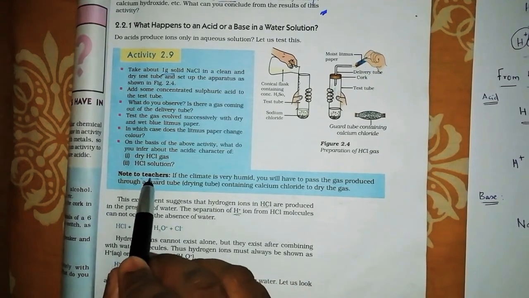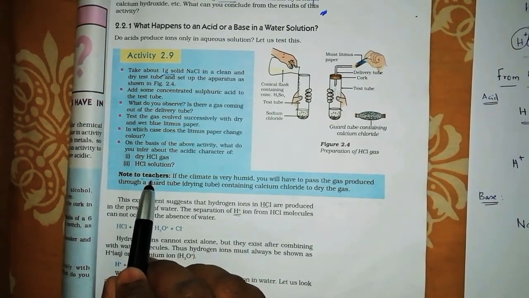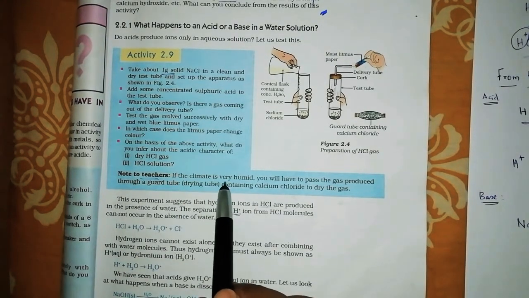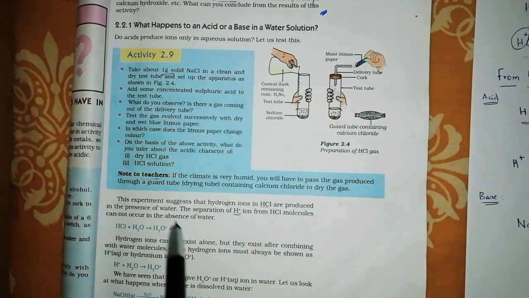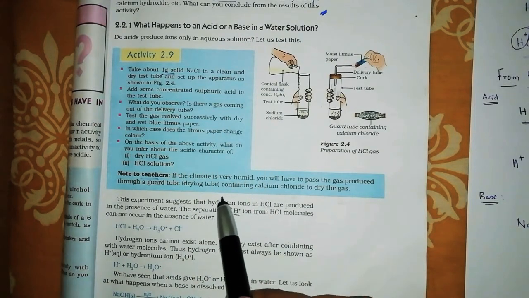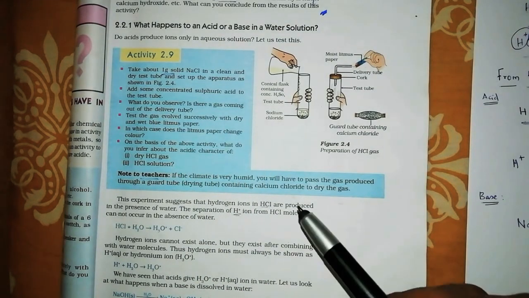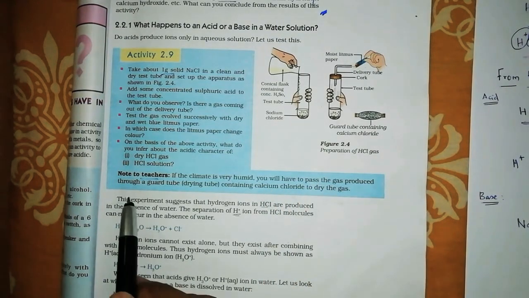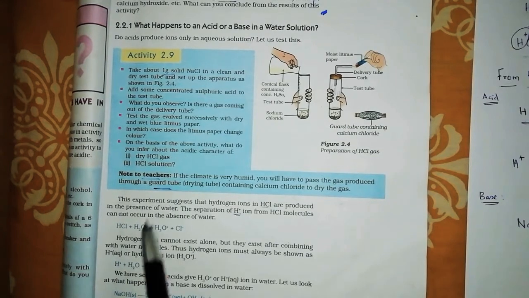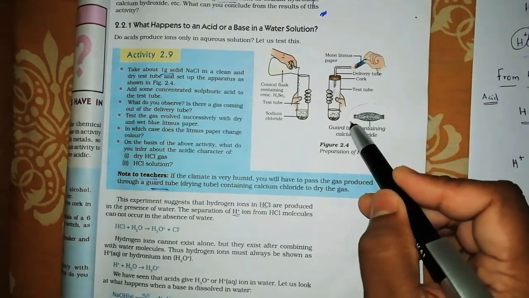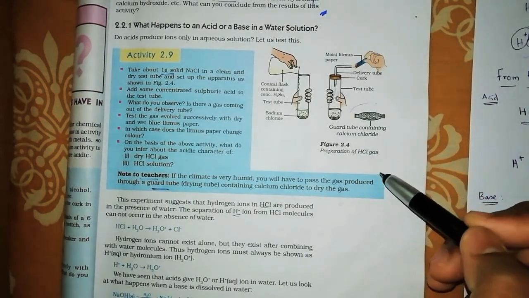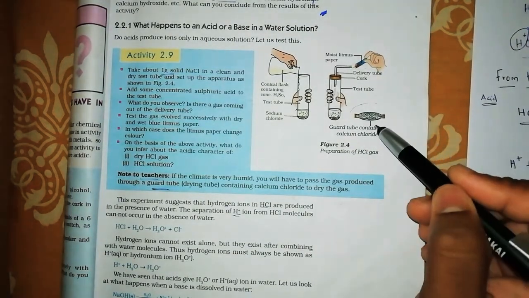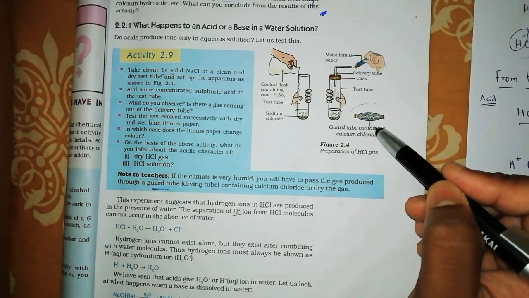One thing I want to tell you here, a note to the teacher. This note to the teacher is written, but it is not only for the teacher, it is also for the students. If the climate is humid, if we are doing this experiment in a classroom in a humid climate, a rainy season or something, you will have to pass the gas produced through a guard tube. Guard tube is somewhat like this. You can see the picture given in your book, page number 23, figure 2.4. What does this guard tube contain? It contains